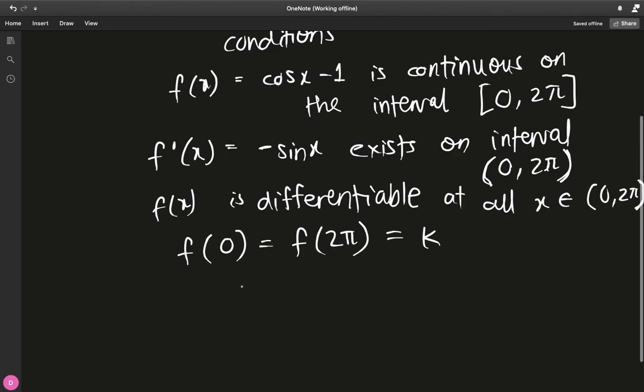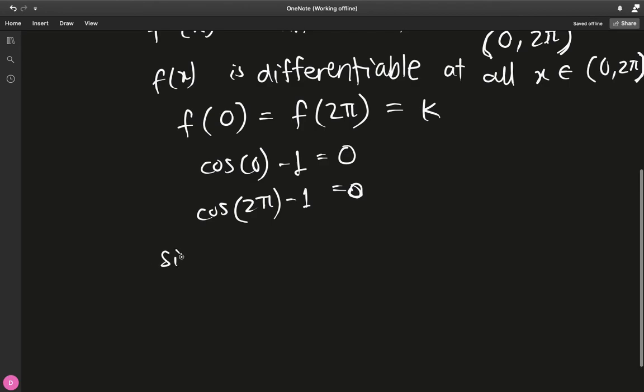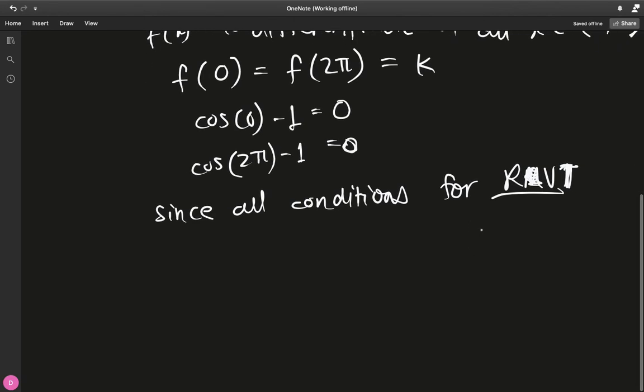So if you plug that in, you have cosine of 0 minus 1, which actually turns out to be 0, and you have cosine of 2 pi minus 1, which also turns out to be 0, and 0 is a constant indeed. So since all conditions for Rolle's theorem are satisfied,